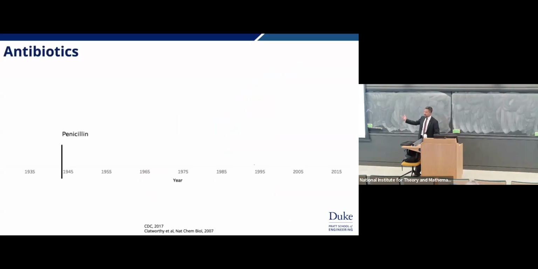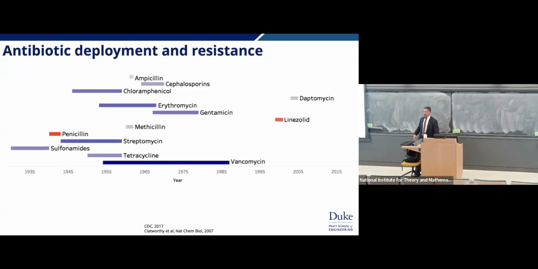Antibiotics, when we introduced, let's say, penicillin back in 1945, before we introduced it, we actually knew about antibiotic resistance for penicillin. When you look at a broad spectrum of antibiotics that have been produced, you'll see that most of the time we have about 30-ish years before we find antibiotic resistance. Linezolid is another one where we knew about resistance before we started introducing it. Vancomycin has probably been one of the longest lasting ones. That's why we also try to use it as the antibiotic of last resort, because it took us a while to find antimicrobial resistance to that one.